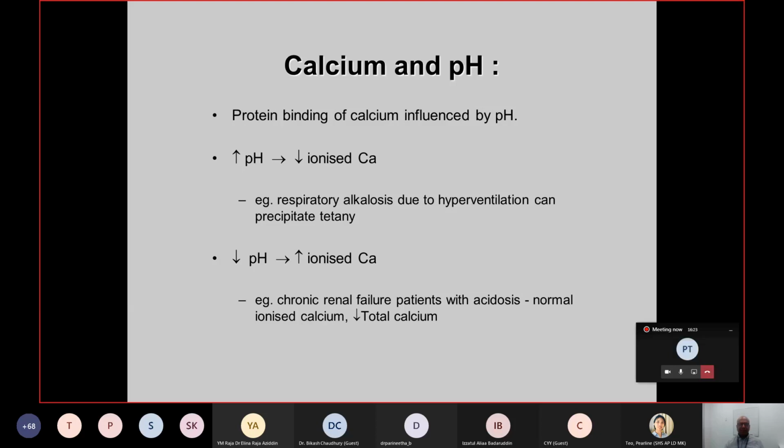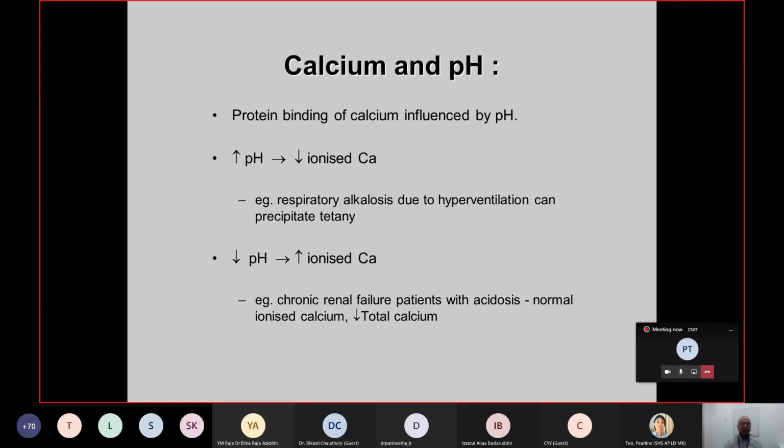Now, the relationship between total calcium and ionized calcium is dependent, among other things, on the pH. So when the pH goes up, so in alkalosis, ionization goes down. So even if the total calcium remains the same, ionization goes down, or more calcium is bound to protein. So ionized calcium goes down, and the active calcium concentration is reduced, and therefore you can develop symptoms and signs of hypocalcemia even if the total calcium is normal, if there is severe alkalosis, like in respiratory alkalosis, for example,